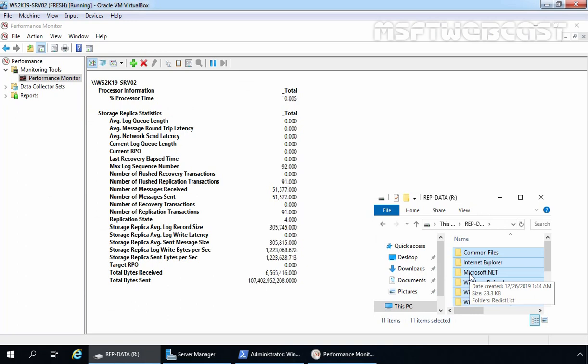And those data will be copied to our storage replica partner, means on our server SRv03. You can notice some movements in those counters, especially here: storage replica average sent messages, storage replica log write bytes. And now as you can see, all are stable because those data has been successfully synced with our storage replica partner.